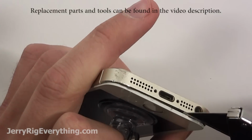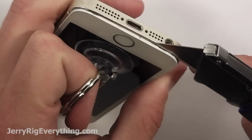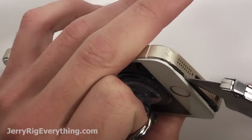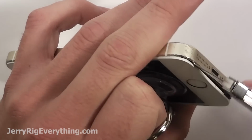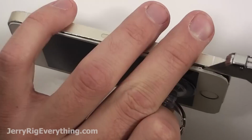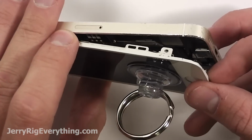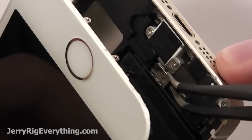toolkit for it. Lift up on your screen with a suction cup, and then I use a razor blade to slide between the screen and the frame of the phone. And I also pry up just on the frame of the screen to make sure not to bend it and damage the LCD at all. The screen is really fragile, so make sure you only bend up around those metal clasps around the outside of